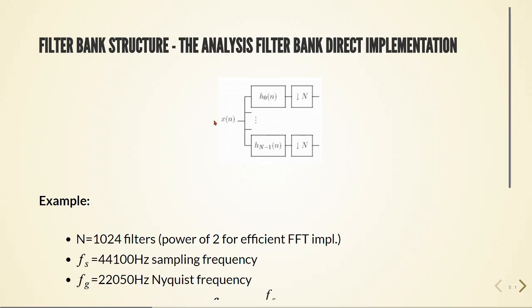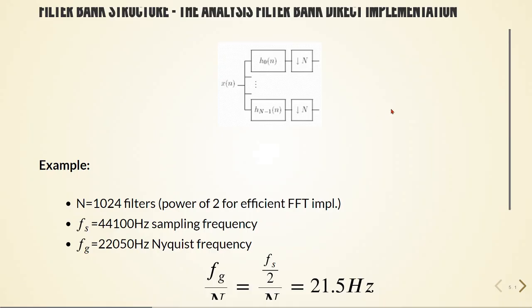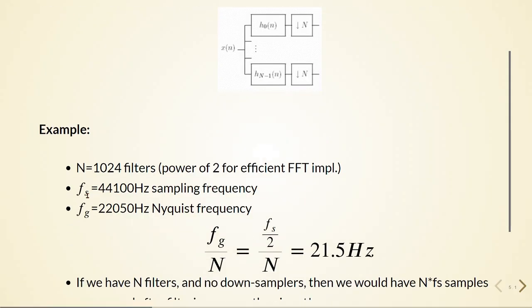Let's take a look at the filter bank structure for the analysis filter bank in direct implementation. So we have here our x of n, we have our impulse responses, and we have our downsampling box, and we have N subbands. For example, if we have N equals 1024, we have 1024 filters. Usually it's good to have a power of 2 for efficient FFT implementation. If our Fs is equal to 44.1 kilohertz of sampling frequency, that means that the Nyquist frequency is half of this, so it's 22.05